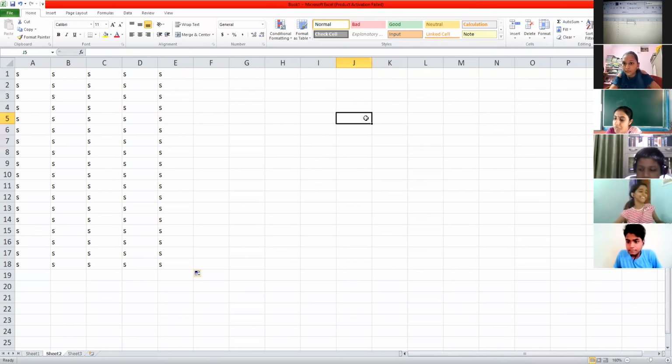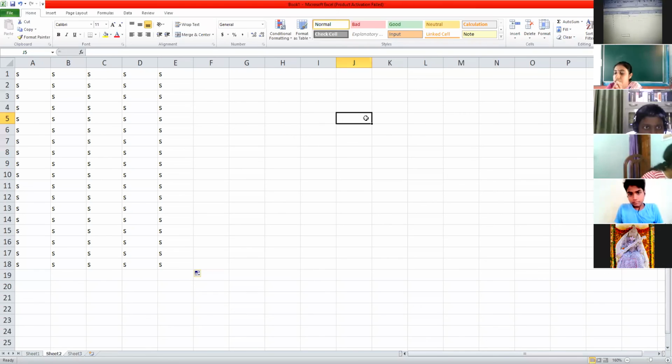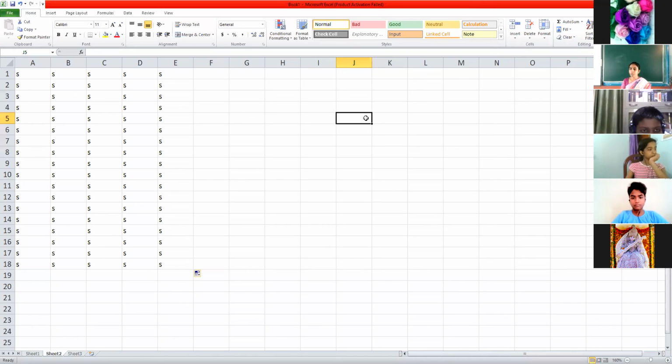Now use your Shift key and the down arrow button together. Done? Now go to 2, and at that corner there is a small square black box. Now done. So the way you people are dragging, the way you are selecting, that is wrong. You people are panicking. Don't do that. If you panic, you will not be able to follow. Calm your mind first.